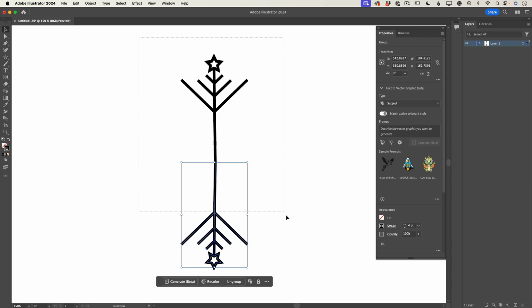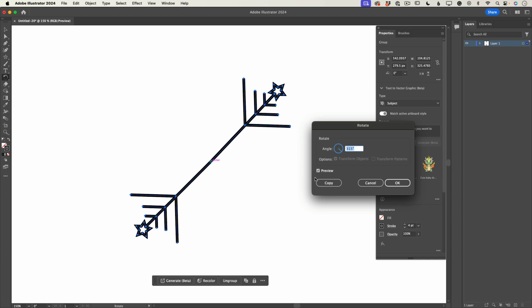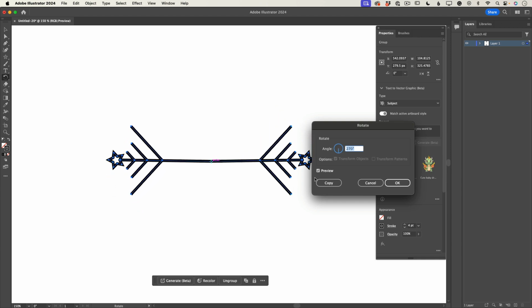To make everything easier, I will group them together, just like that, and I will switch to the rotate tool. I will click and hold my Option key and I will click at this point in the middle of our shape, and I will use my arrow key to specify the angle of my shape, just like that. You can use up and down arrows, you can use the angle wheel, or you can enter a value manually. It's up to you. Make sure that you checked your preview